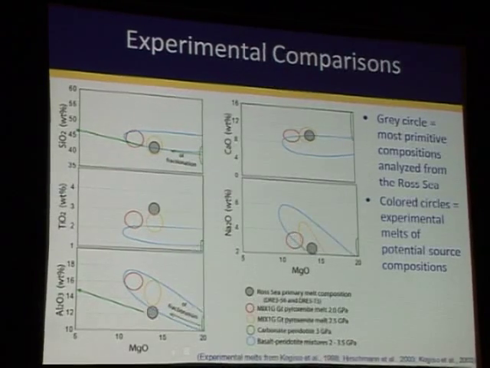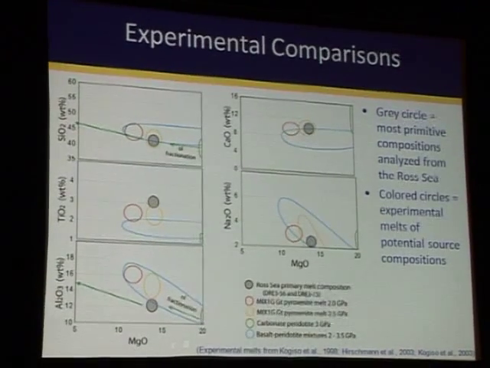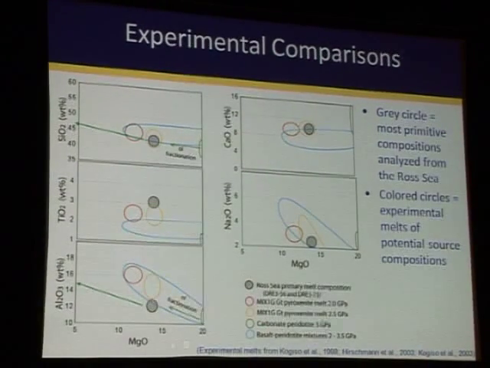So in other words, this would be peridotite that has a significant amount of volatile within it, and with fractionation of olivine,